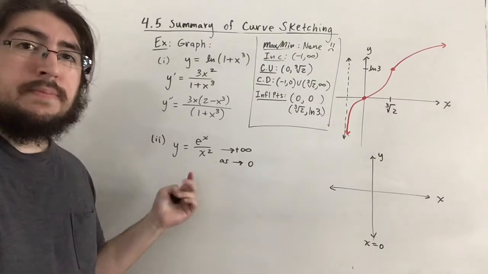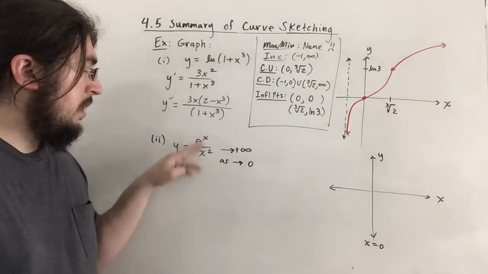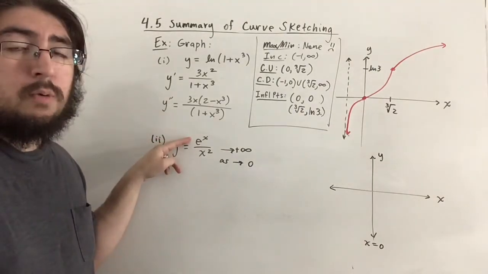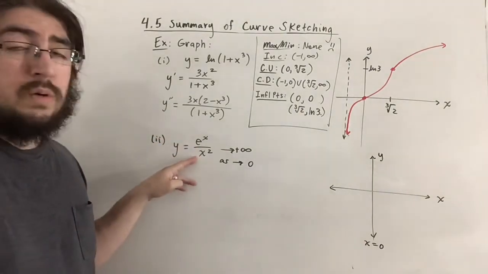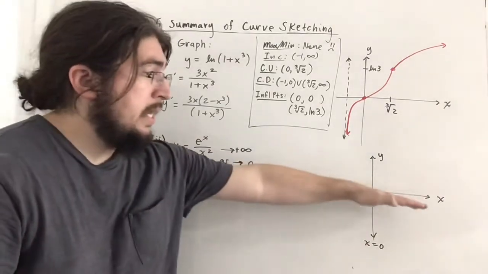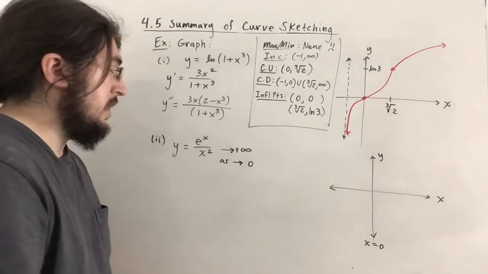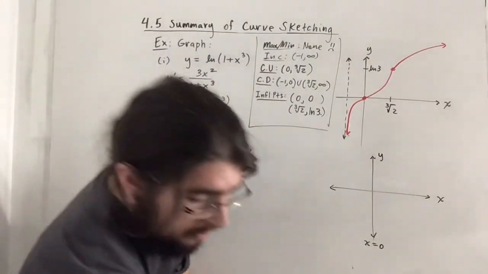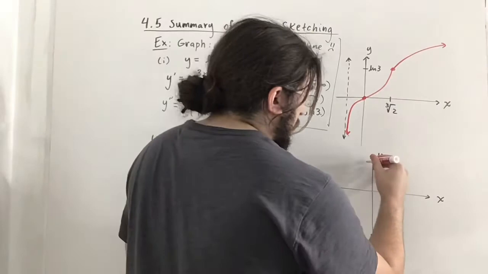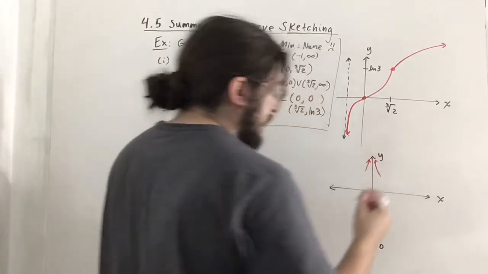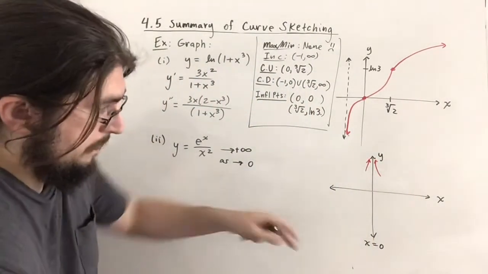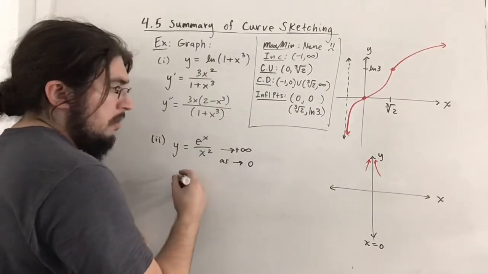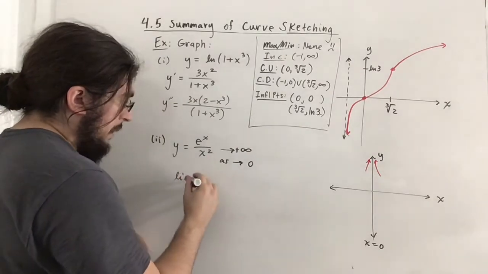And that I think makes sense again because as x goes to 0, this is going to be positive. In fact, you can kind of tell. E to the x is always positive no matter what you plug in for x. X squared also is always positive. So that tells me that the range actually is above the x-axis, which is kind of interesting. So we're going to have this kind of a thing going on. And again, let me try to draw the graph in red. So we appear to have this vertical asymptote like this, approaching the same direction on each side of the asymptote. But now for the horizontal asymptote, what happens as x goes to